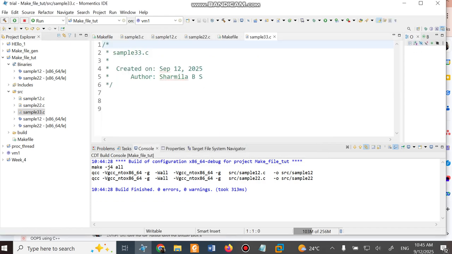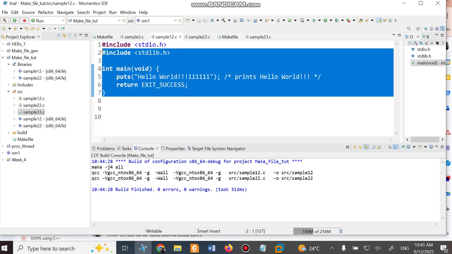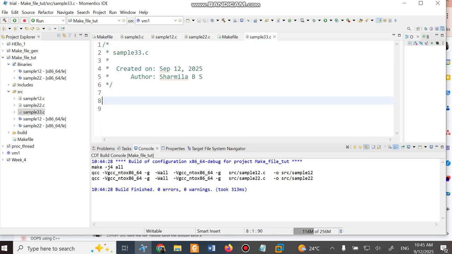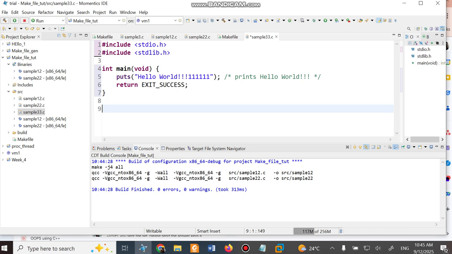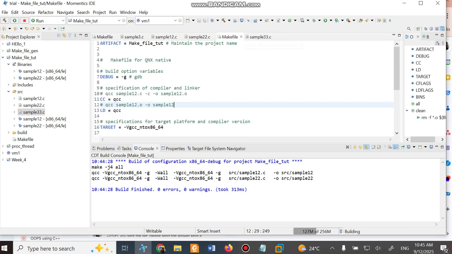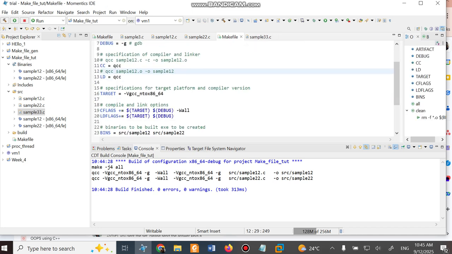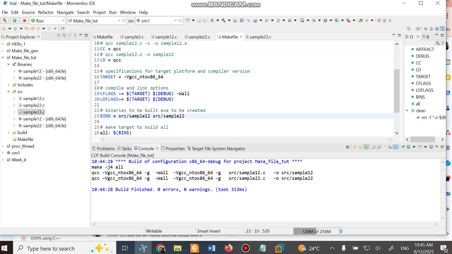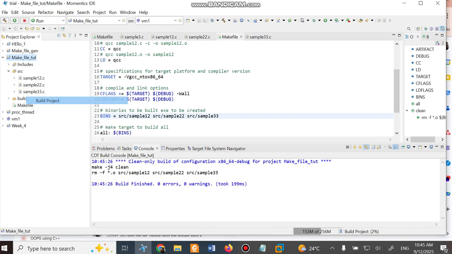Next, how to add it; okay, I'll just copy a code for this. How to add this in your makefile so that it will build it? Just go over here and add source/sample3. That's all. Now you just clean the project and build the project.